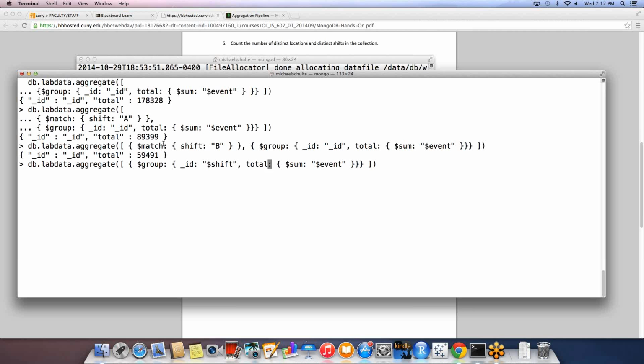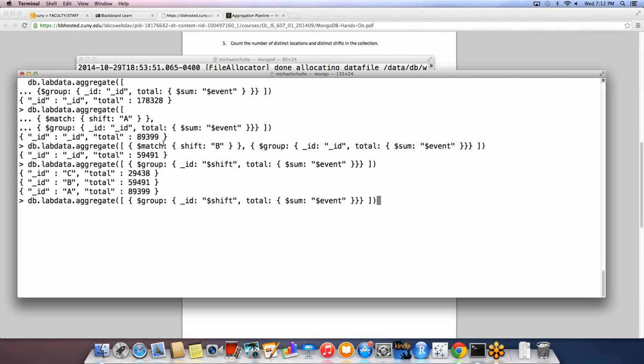It's an unfortunate typo. And let's see if this works. And we get the total for each of the shifts. So if you wanted an individual one, the match statement is the way to go. If you want all 3, then you can just do a group statement that uses as its ID however you want to group things. And then if you wanted to do location and shift,